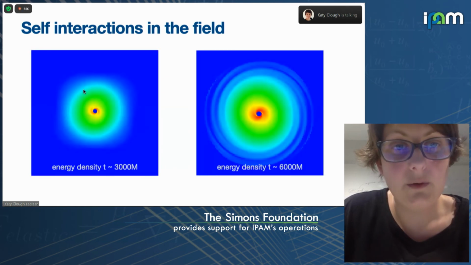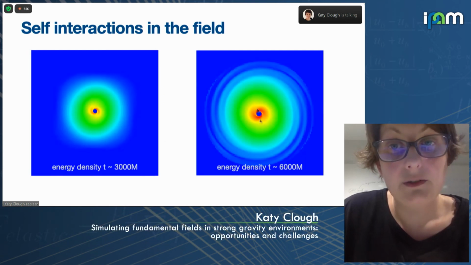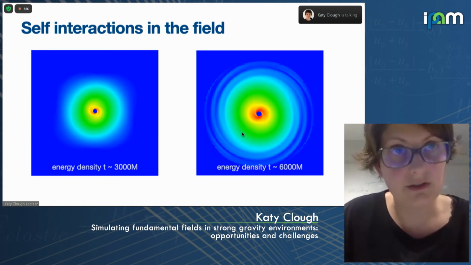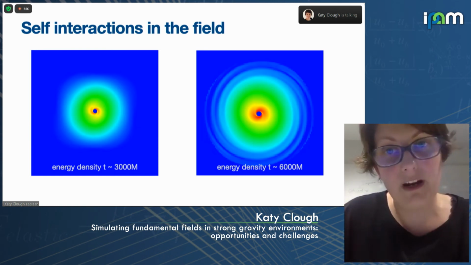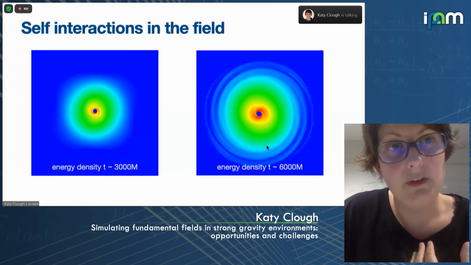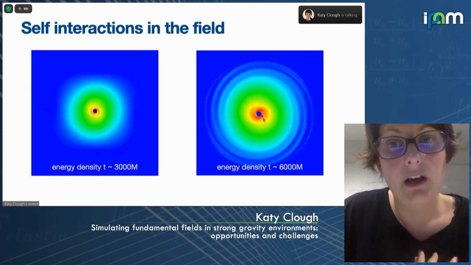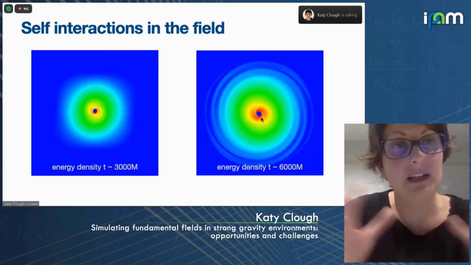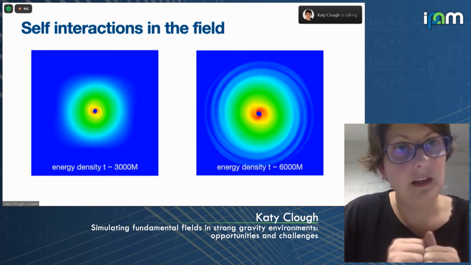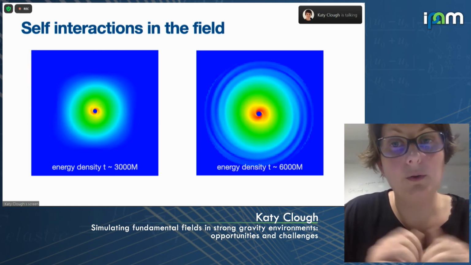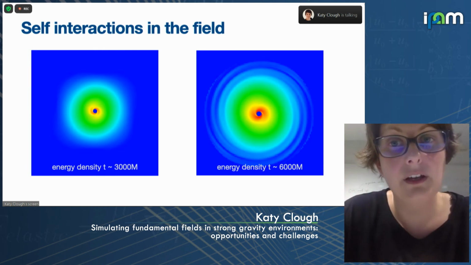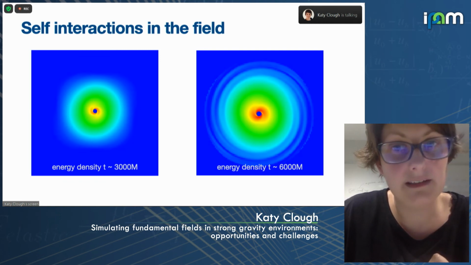So what do we see? Early on, we just see the normal superradiant state. Later on, we do start to see evidence of this kind of transition to higher modes, with energy being radiated. You can see quite clearly here that there's some radiation going on from the cloud. Also, not so easy to see, but you're actually seeing oscillations in the accretion onto the black hole, so the energy transfer with the black hole itself. So it does seem to be destabilizing exactly in the way that Masha Baryakhtar and co. suggested.